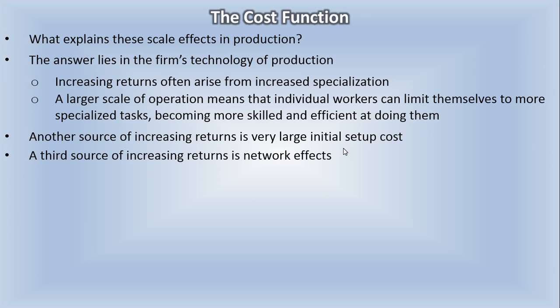A third source of increasing returns is network effects. Network effects have to do with the product that's being produced. If more people find it valuable, the more people use it, then the average cost of producing it will decrease, like with Microsoft Windows. More people wound up using it, so it became the thing that everybody used, and ultimately it became super cheap to produce. And so the network effects of that technology was another source of increasing returns to scale,